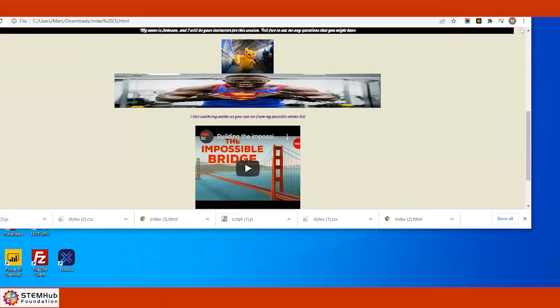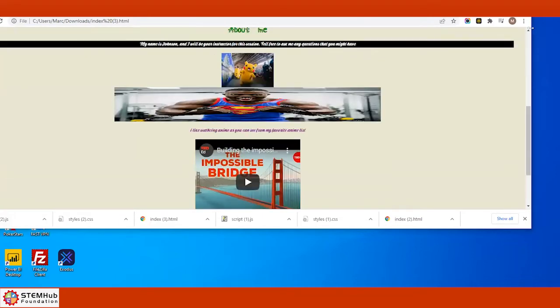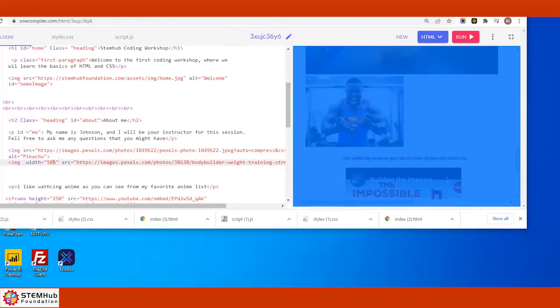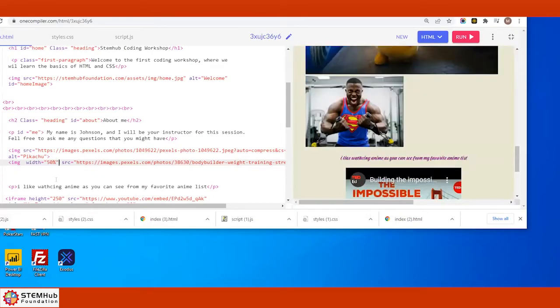Now, don't pay attention to this width, but when I change the size of the screen, the width changes accordingly, all right? I think I messed up with the height, but don't worry. You can see it changes based on the size of the screen, okay? That's not the best example, but you'll get the idea. When you put percentage, it will go relative to the size of the screen.